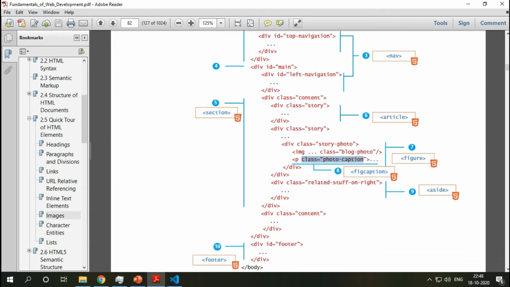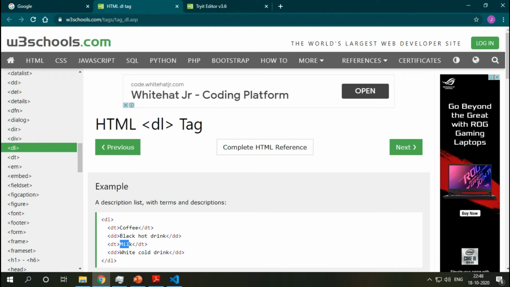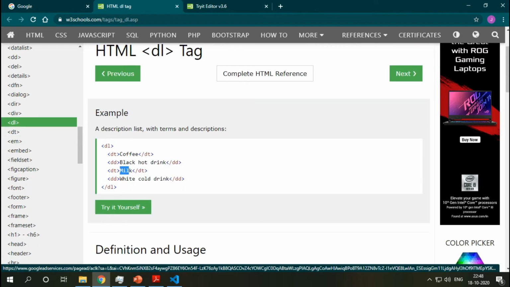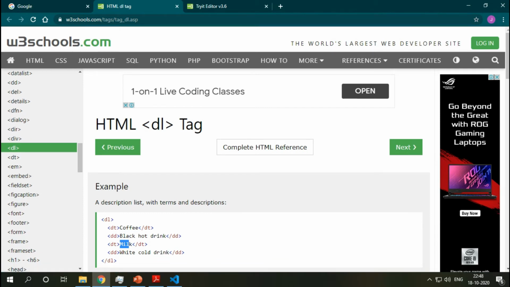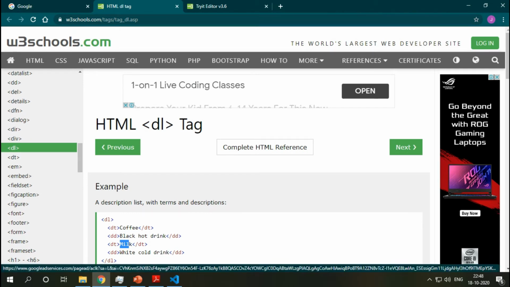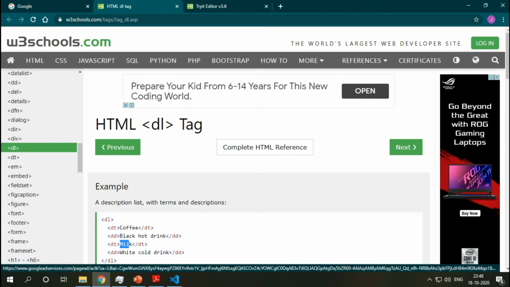Then there is some unrelated information on the right side of the page. See here, on the right side we have some unrelated content. These two ads don't belong to the main page, but they are giving an ad that may be somehow connected to the content of this page. But this is not necessary, that's why it is not in the main; it is aside. So these are called aside. Let me explain here.